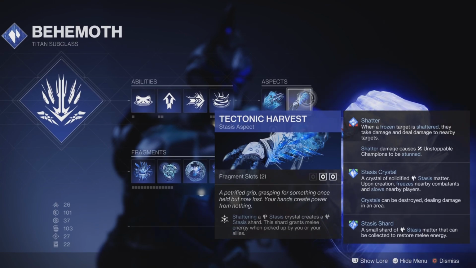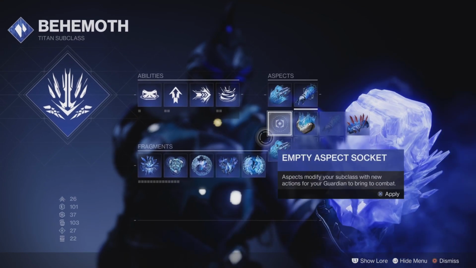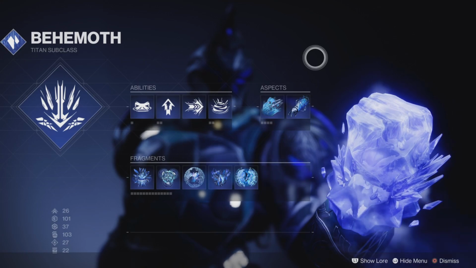One of the downsides of the Titan subclass is that you absolutely positively have to use the stasis crystals and shatter them to get the stasis shards in order for you to do what you need to do in the build. If there was one criticism of the stasis subclass I would like to add, I really believe that there should be either a fragment or an aspect or something of that nature where you could essentially run the Titan subclass just like the other subclasses, where